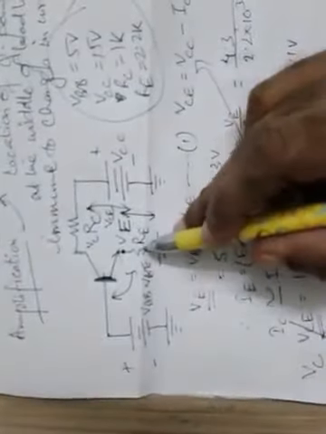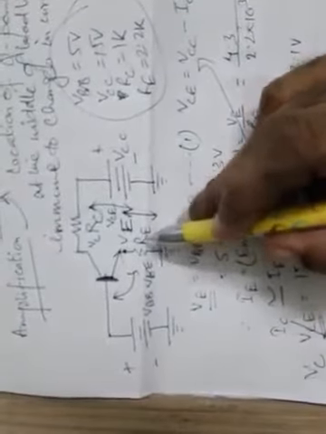So now this is not actual VCE. Why? Because in this case the emitter is not directly grounded. So rather than writing VCE, we should be writing this as VC, not VCE, because I repeat, the emitter is not directly grounded. There is a resistance between the emitter terminal and the ground, and that is RE. So this voltage 13.1 volt is actually the collector terminal voltage, that is VC.